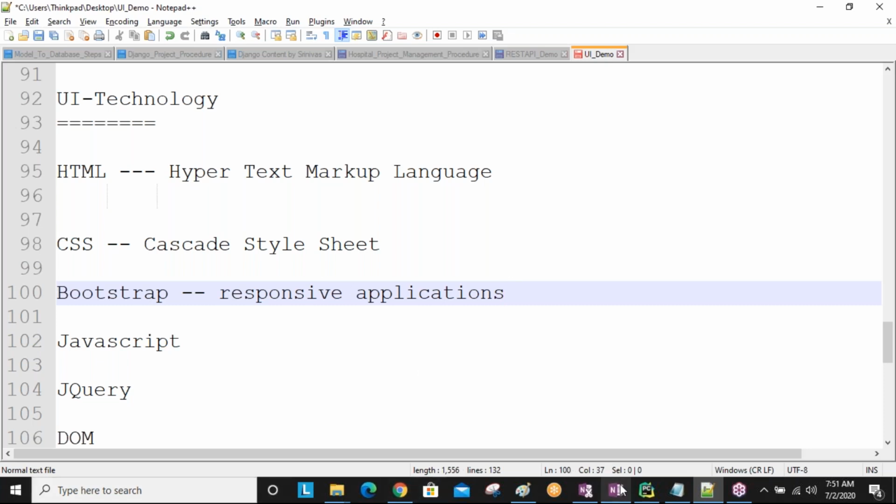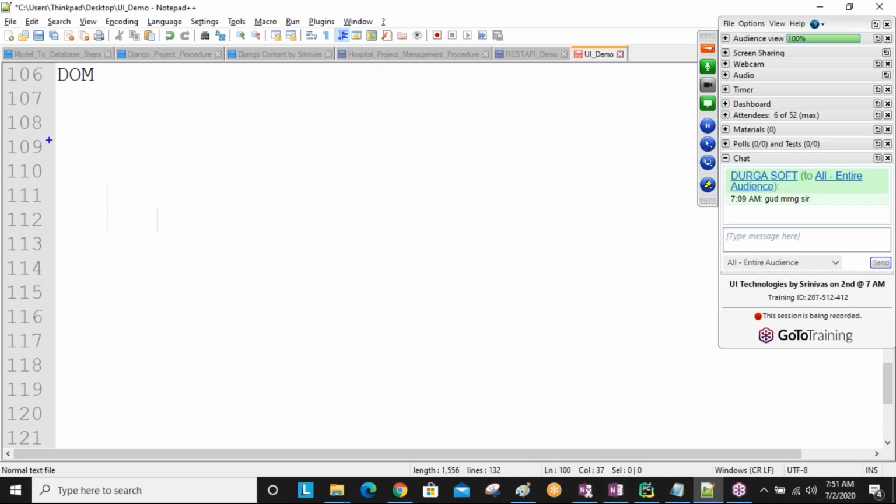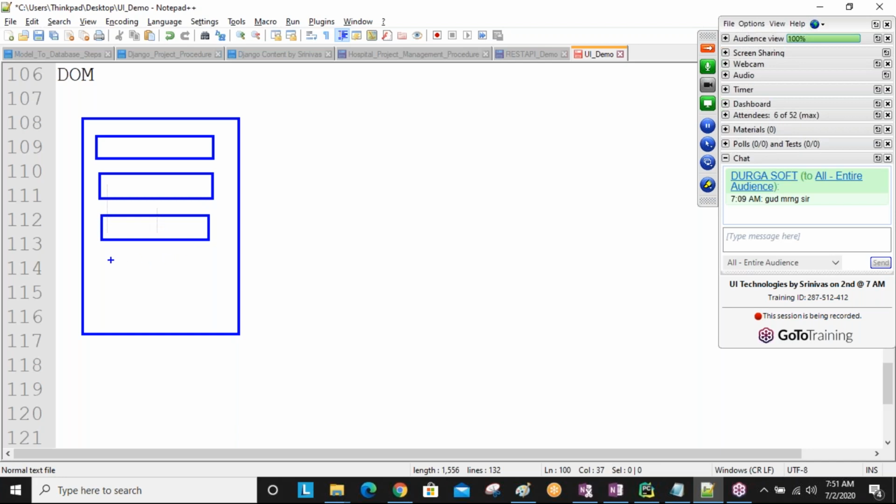For example, you can take Facebook, sir. See here, I'm taking Facebook. This is my mobile, sir. In this mobile: username, password, email, date of birth, like this. Line by line, all the inputs you are giving. If you want, you can take text also, no problem. I'm writing only username related, inside a box only. Password.